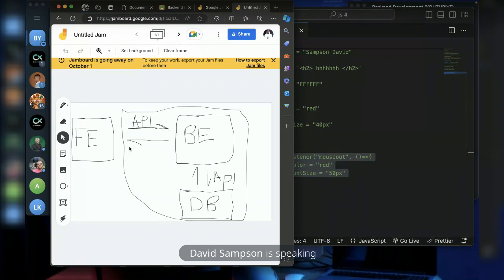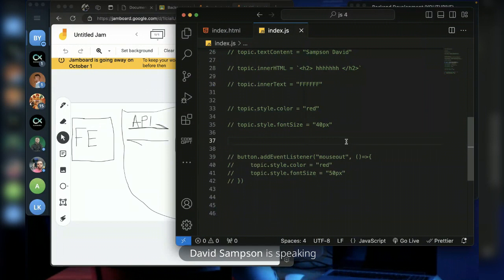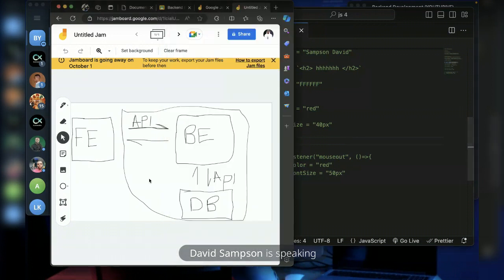So I want to believe that with what we have done so far, you have an idea of what a front end is. So now we want to talk about how the front end will be making requests to our back end server. Gradually, we are moving to the back end. So we want to talk about these requests that are going and coming back, going and coming back. That is what we want to talk about.